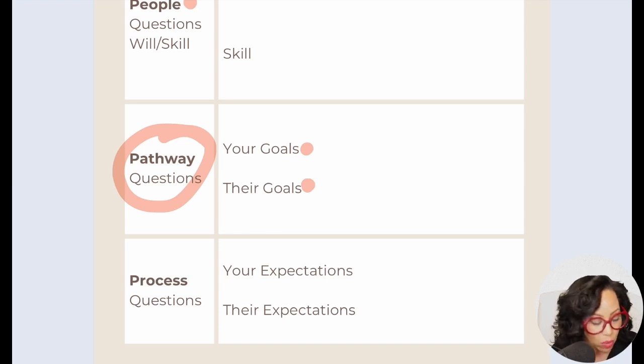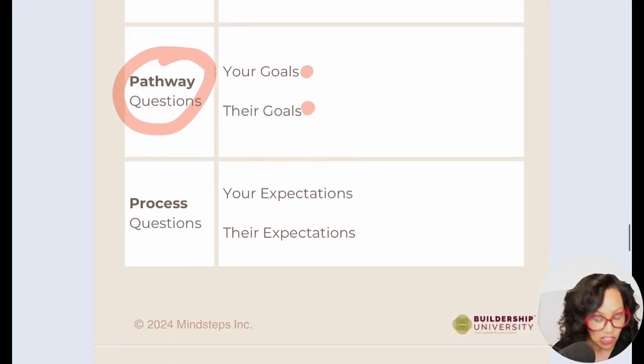I want to know what is something that you want to do? Where is it that you want to go? And is that something that I can support? Is that something I can help them with? Is this something you're going to be at for 2 years and then you're leaving? And that's not a bad thing, but I need to know that going in, especially so that we can both set our expectations.